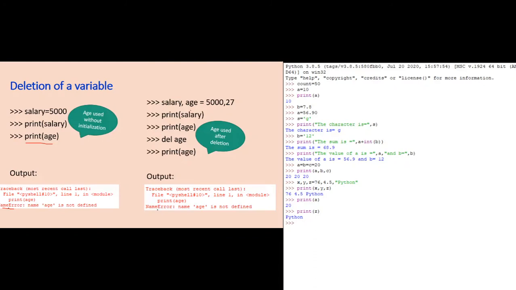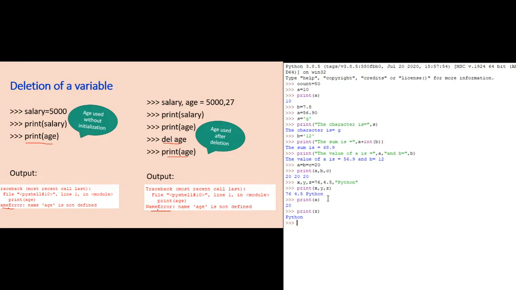Okay, right. Next, we have some variables already created, but in some statements we delete that variable, and the statement to delete memory allocated for a variable is this: del followed by a space and then the variable name. And after deletion, if I try to print the value of variable age, again a name error will be raised. This is again equal to calling the print function without creating memory for this. So again for this also it will create an error.